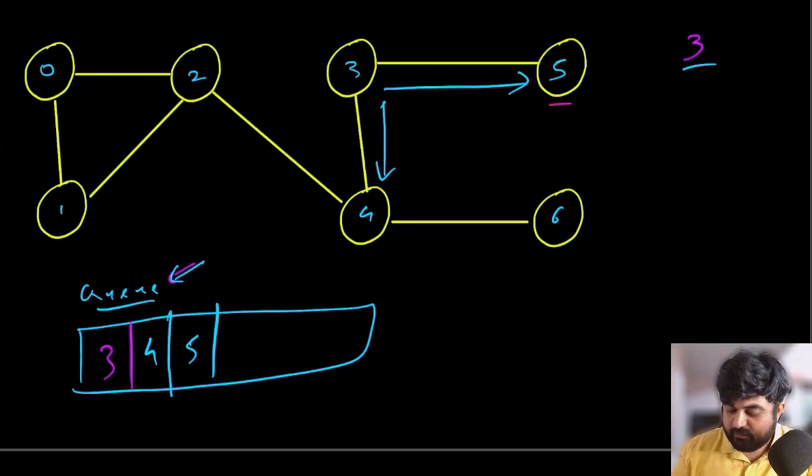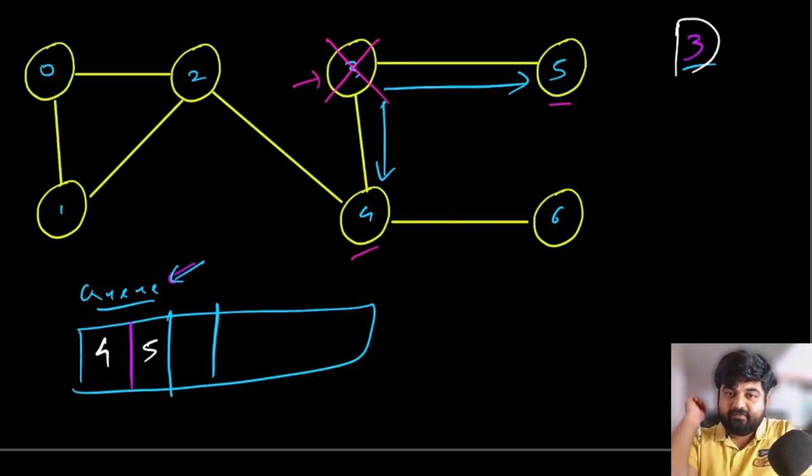Now we have visited all the neighbors of the value number 3. There are no other neighbors that exist, so we can mark 3 as visited. The moment we mark 3 as visited, we are going to also pop it out of the queue. So now our queue is only going to have 2 elements, and that is 4 and 5. Now 3 has already been taken care of, and 3 was one of the first elements that we visited.